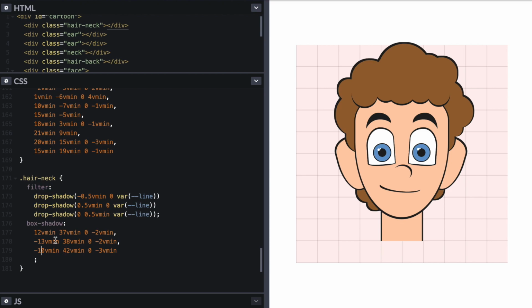9, maybe too much. Like that. I'm not a big fan of this actually. Yeah. I don't know if I like this hair in the back, to be honest. It looks kind of weird to me. Maybe if I add one on the other side here too, but